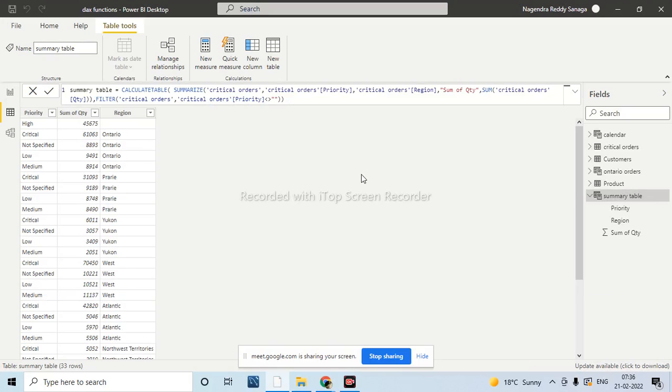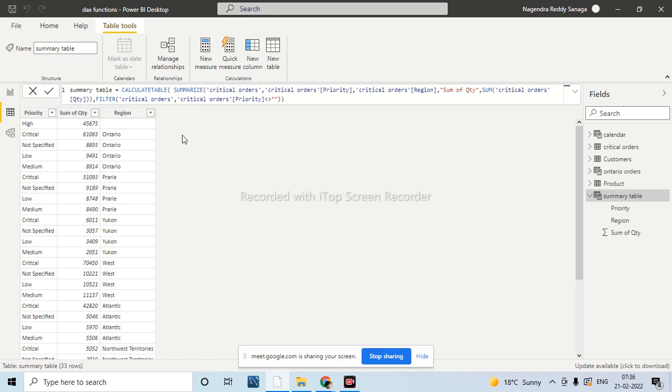This is how normally we will work on the calculate table and summarize table. Both of them are the same kind of function. The end result will be provided in new tables only, but the main difference is when we want to filter out any information, we will go for the calculate table, and when we want the information based on only a few particular columns, we use summarize.